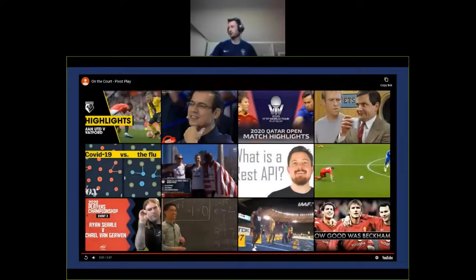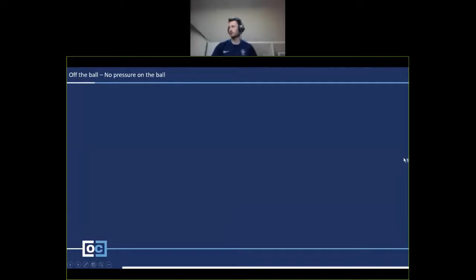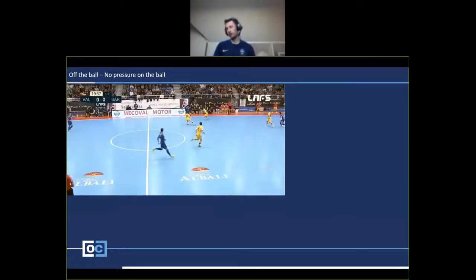Sweet. Right, now into the meat, the details, some YouTube recommendations. Excellent. Okay, so off the top then, we're talking about off the ball as a pivot. If there's no pressure on the ball, how do you get on the ball? Simple. The way I've cut these slides out is just to a few stills, just so we can analyze the exact positions. Obviously, the game is fluid, so it won't always look like this. But I'm going to highlight a couple of the kind of things that you should be looking out for, both as a pivot as well as a passer, which are going to get you that space on the ball.